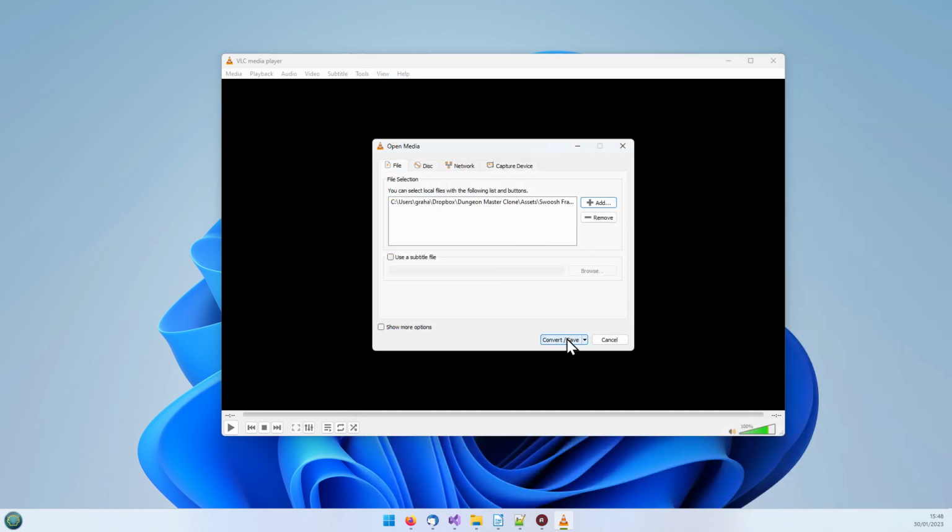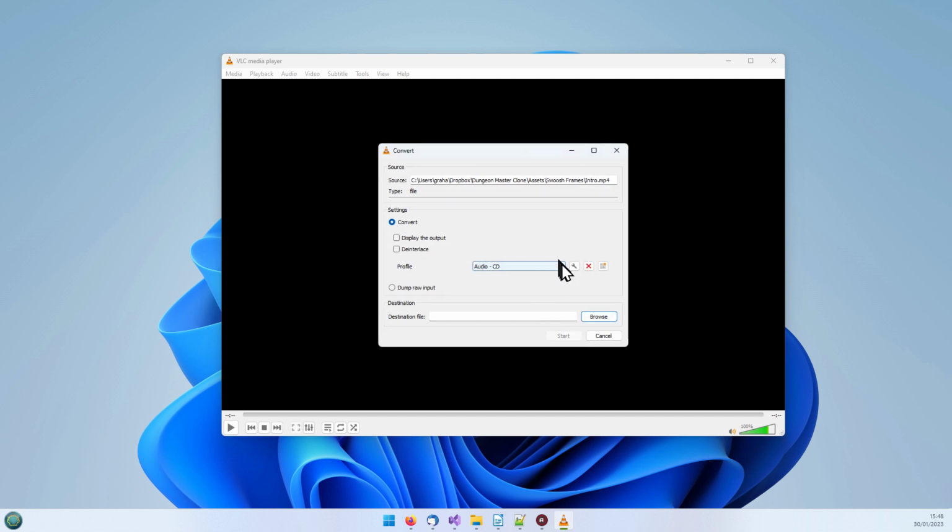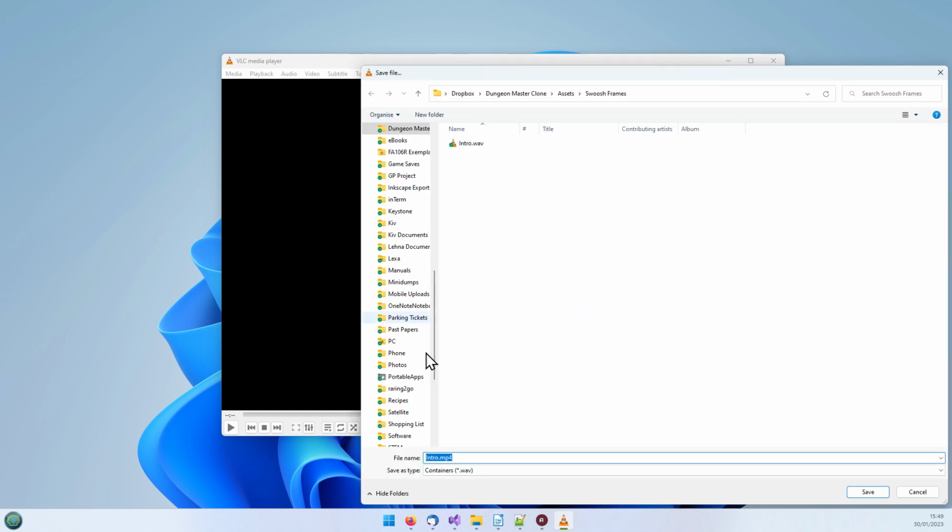Then you press Convert, Save, and then choose Audio CD, because we want it in WAV format. I think FLAC will work in MonoGame, but I'm not sure. MP3 you can struggle with, so best to choose Audio CD. So you've already got where it's coming from, it's in the same frame as you had there. Then you've got to select a destination file. So I've already done intro.wav as I was testing this,